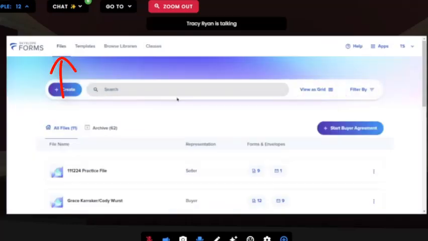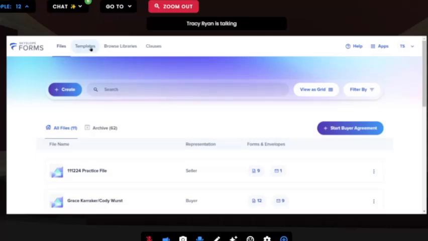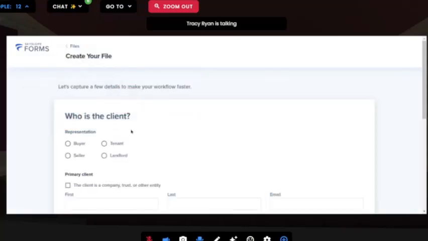And you can create your own template. If you say, you know, this one's fine, but I prefer this other document instead, you can create your own template with groups of documents that then can be added to a file you create. Okay, so we're going to start by creating a listing file, and I'm going to show you how that works. So you start by clicking create, and